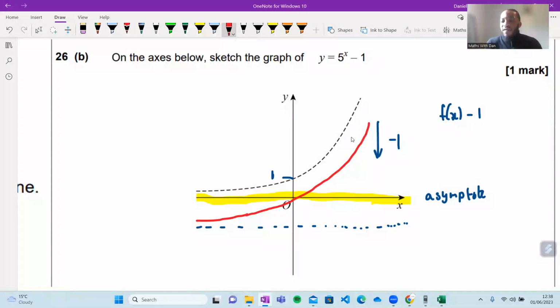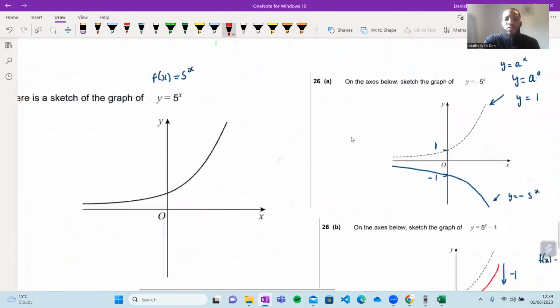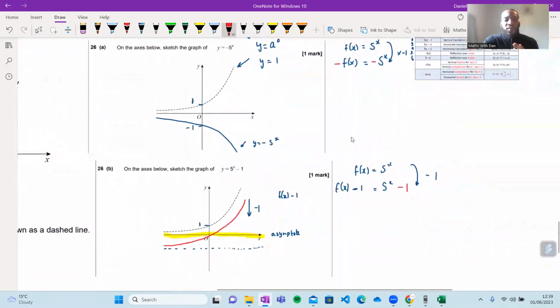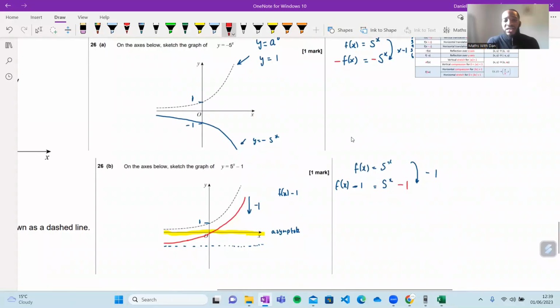You just need to know your rules very well. Yeah? Now, does that make sense, guys? Anybody have any questions on that just before we move on? Yeah? So just remember, you just need to know these rules very well. Yeah? I know majority of us are in Edexcel. It didn't come up on the Edexcel paper 1. I'm not sure if it came up on AQA and OCR, but it's all good questions, all the same. Yeah, cool. I'm not seeing any messages in the chat, so I'm assuming that this is all okay. I'm going to continue. We're going to do another question.